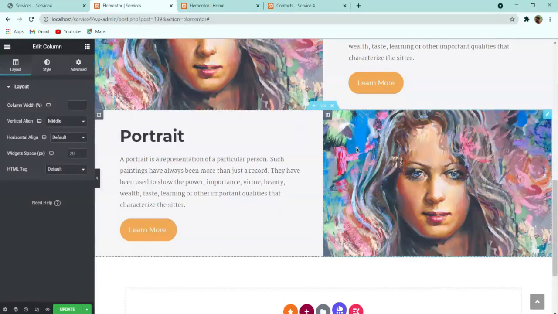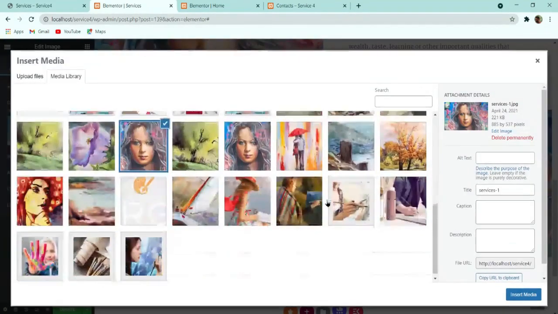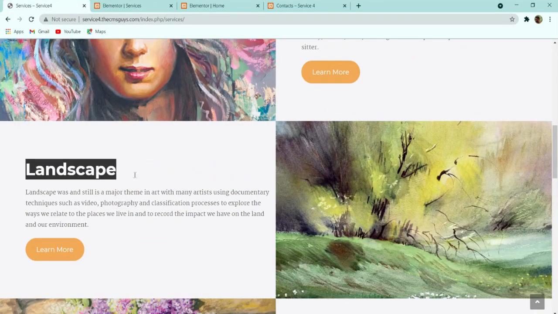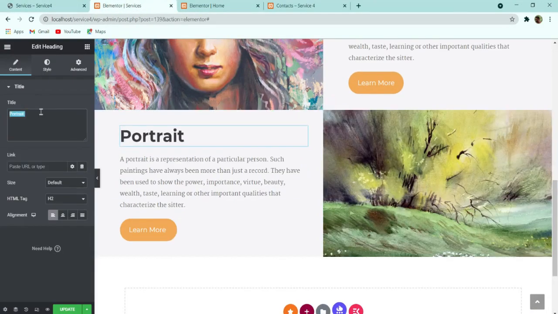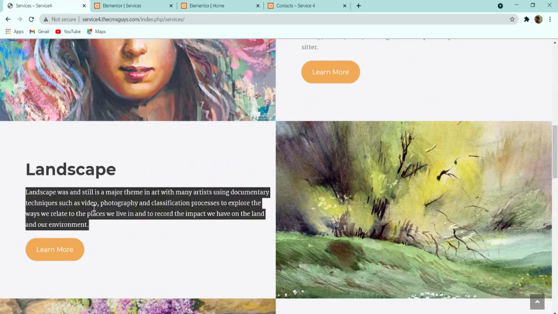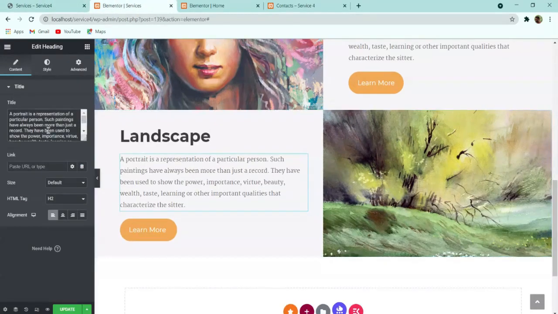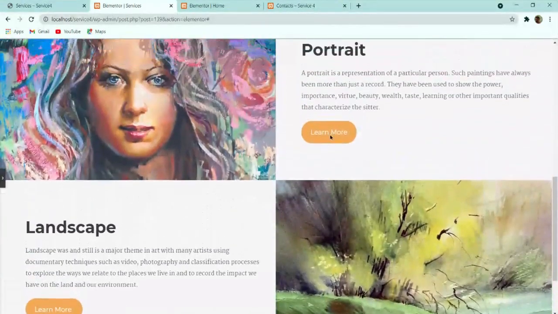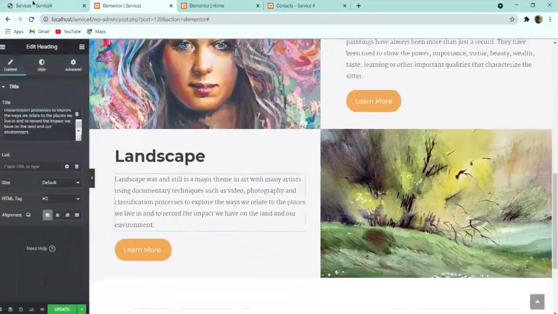So now let us add the images here. So let me add that image. Here it is. Click on insert media, and then let us add the text. So here you can add this text, and similarly you can copy this text from the demo site and paste it here. Whatever text you want, I am copying it, or I can leave it as the same text, because I am creating this video for your learning purpose. So now here you can see that we have almost created this section.